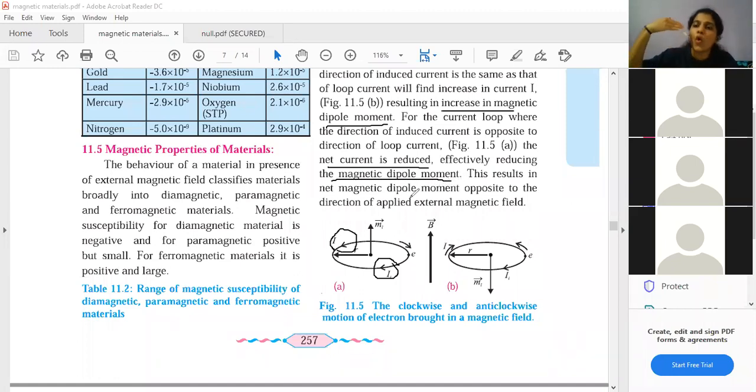Okay, fine. Students, more the strength of current, more is the strength of the magnetic field, more strong is the magnetic dipole moment. Less is the current strength, less is the strength of the magnetic field generated by the current, less is the magnetic dipole moment. Direct relation है सब, ठीक है? Okay, fine. So when in the second scenario, because these currents are in the same direction, the strength of current increases, so magnetic dipole moment increases. In the first scenario, because both the currents are in opposite directions, their strength reduces. Okay, so magnetic dipole moment also reduces. Okay, fine. I hope you all are understanding this.